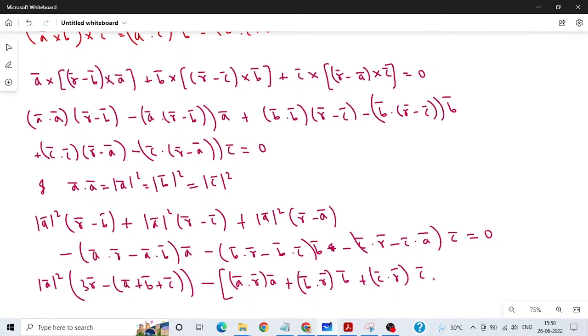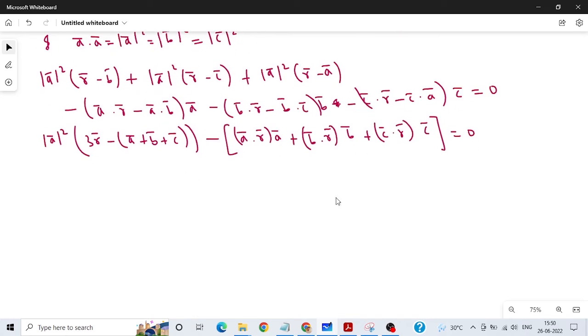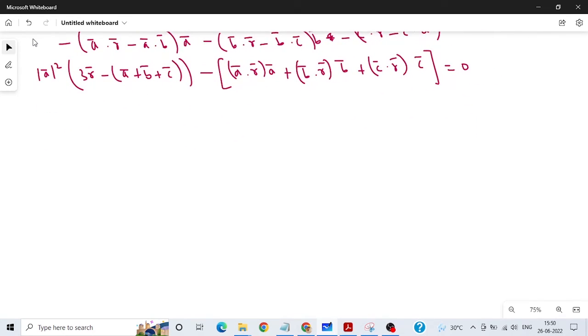Now this is equal to 0. So now we have mod of a bar square bracket 3 r bar minus a bar plus b bar plus c bar